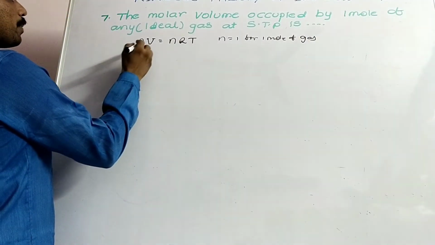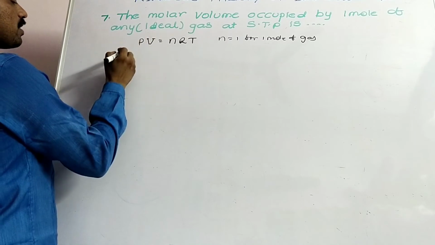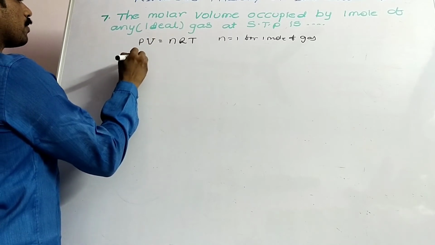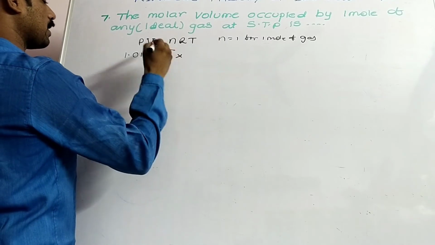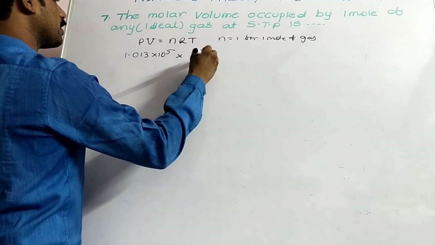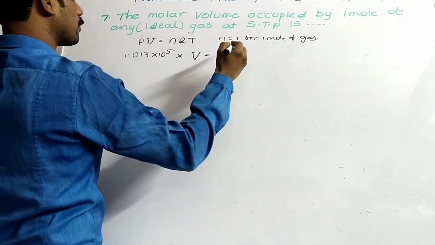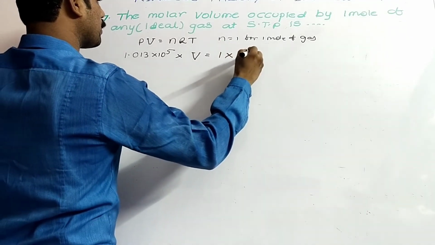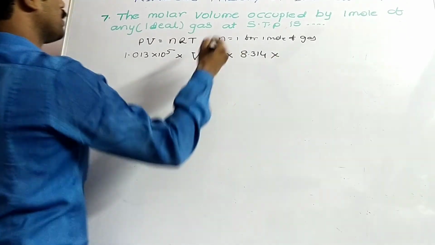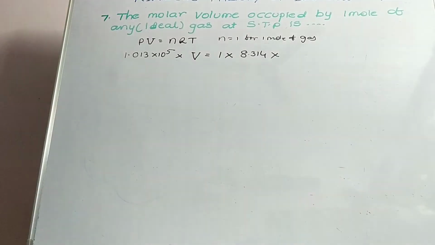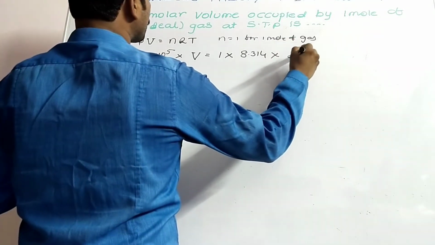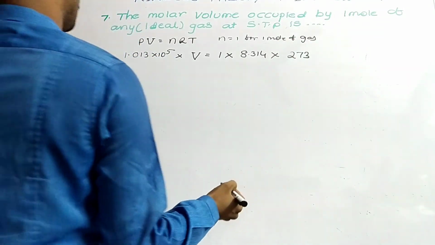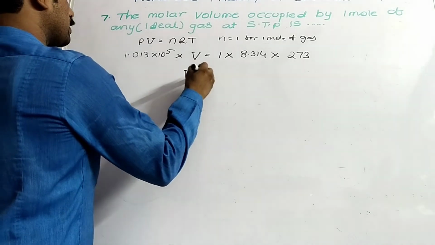So pressure P is equal to 1.013 into 10 power 5 Pascal into volume V is equal to number of moles 1, R value 8.314 into, at STP condition absolute scale of temperature is 273. Now volume V is equal to